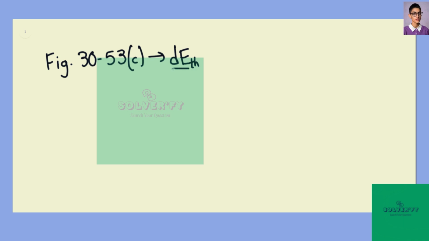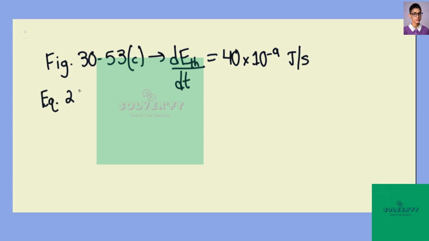We first know from figure 30-53C that the change in the thermal energy with respect to time is equal to 40 nanojoules per second. So we can essentially say 40 times 10 to the negative 9th joules per second. We can say that equation 26-28 is giving us that